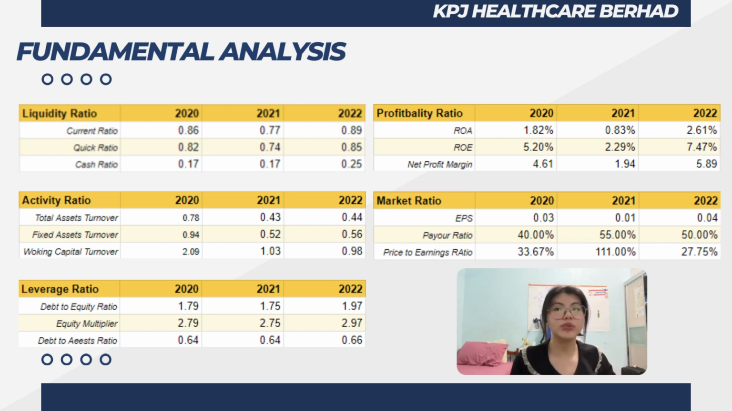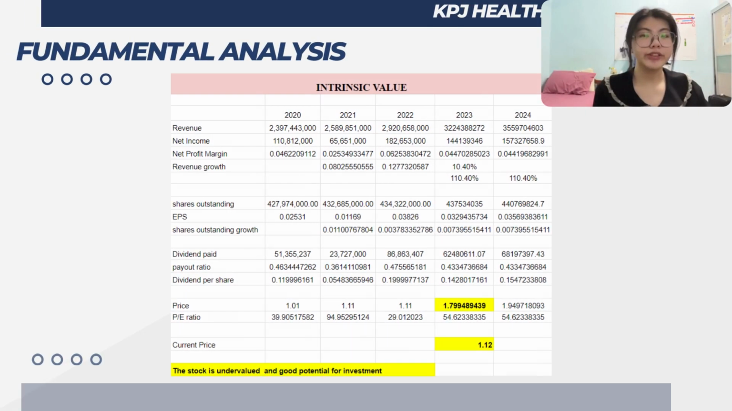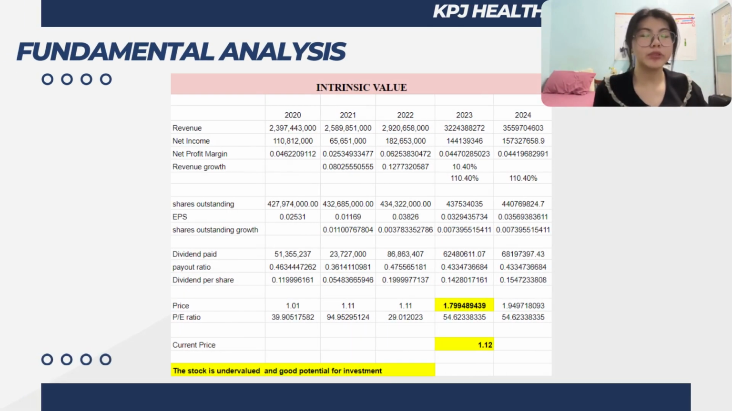As for the price to earnings ratio, it experienced the highest ratio of 111%, which is 77.33% higher than in 2020 and 83.35% higher than 2022. As for the current stock price of KBJ Healthcare Berhad, it is lower than the intrinsic value that we calculated, which means that the KBJ Healthcare Berhad stock is undervalued and has good potential